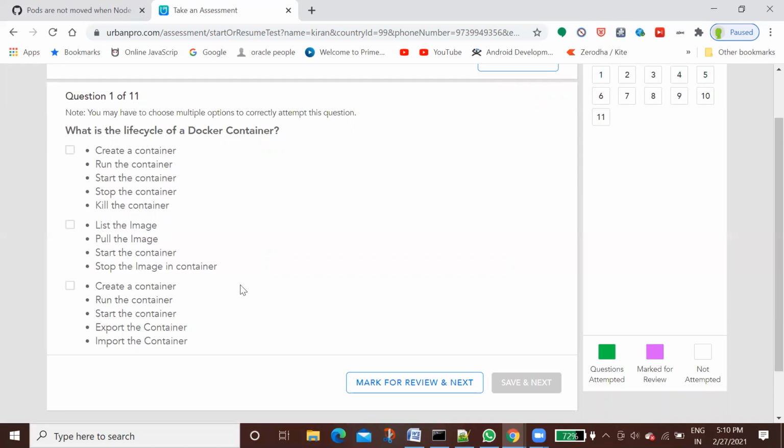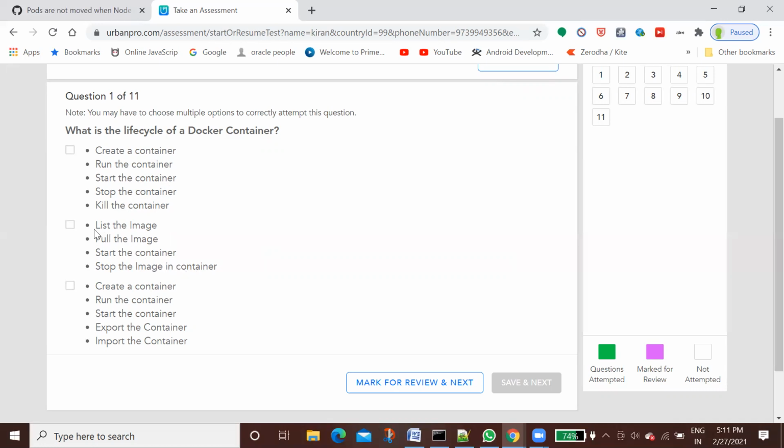What about the last option? It is not there because there is nothing called export and import.